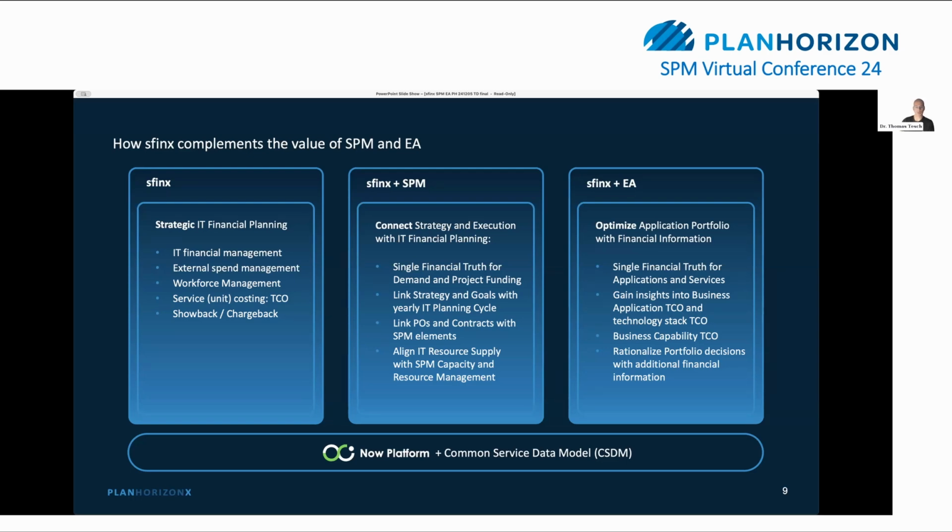So we can load actuals from sfinx, which again is the argument for reduced interfaces to external systems. And long term, we are thinking about, if you plan the complete IT resource supply, how we can link that with the SPM capacity and resource management. Looking on the right side,